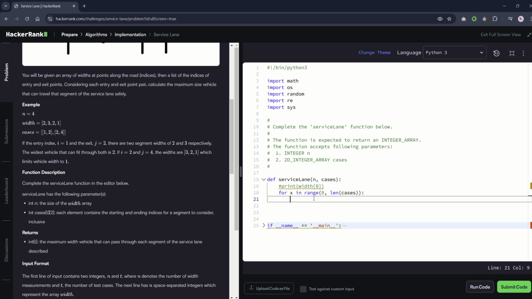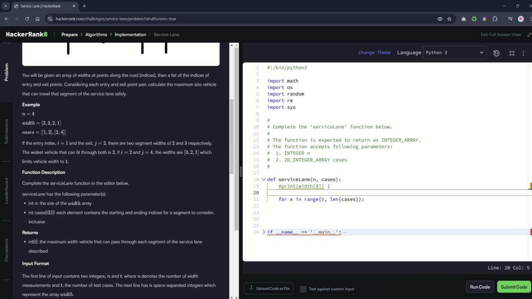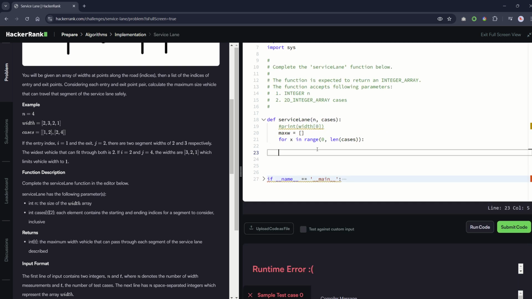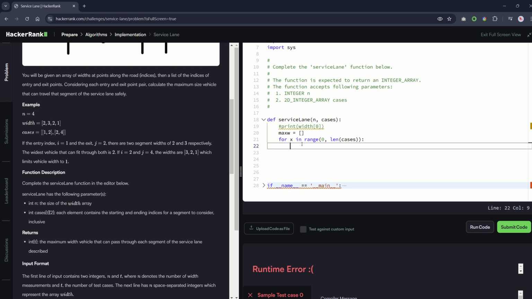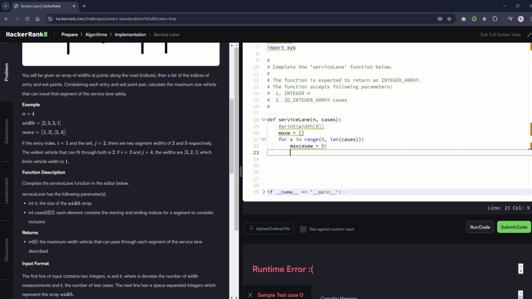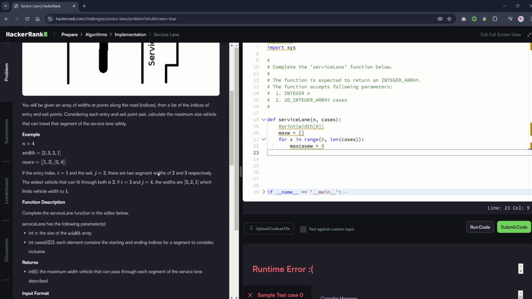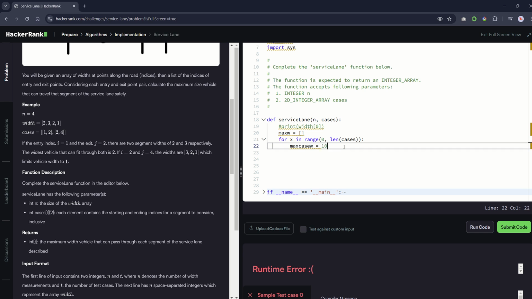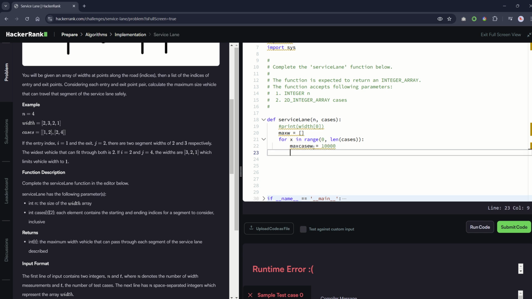So for x in range len cases. Okay, so max width equals an empty array. And so for x in range, it will append. So max case width equals 0. Oh, no. It needs to be a really big number. So basically what we're doing is the max case width is a really large number, and then we check if